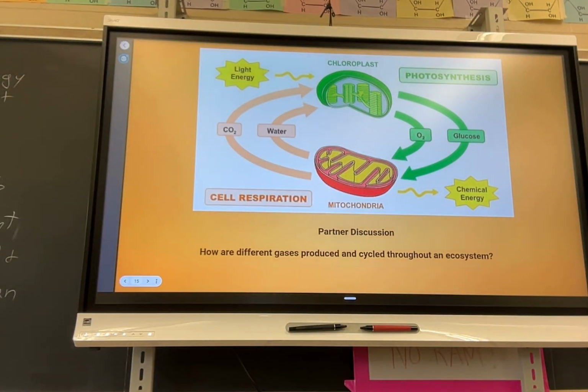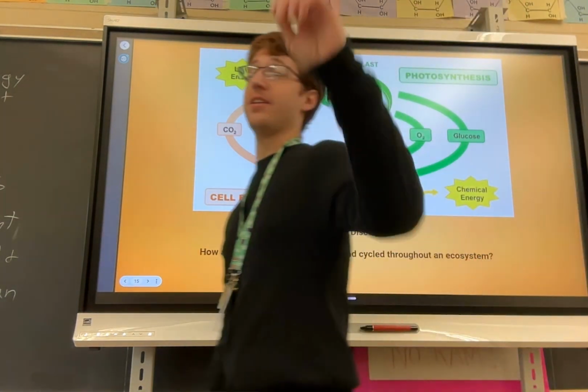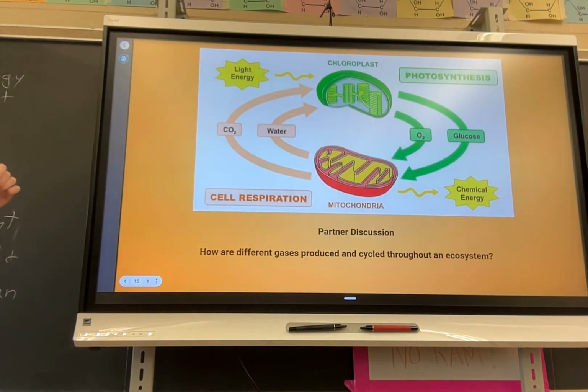I liked Emily and Lily. What did you two talk about? We talked about how the plants need carbon dioxide and we would need oxygen. So we would take in the oxygen and produce carbon dioxide. And then the plants would take in the carbon dioxide and produce oxygen for us. So it kind of cycles back and forth. Good. So yeah, did everyone catch that? So, how this works,